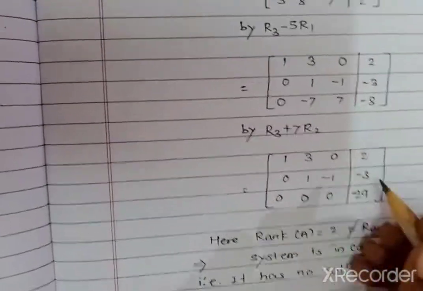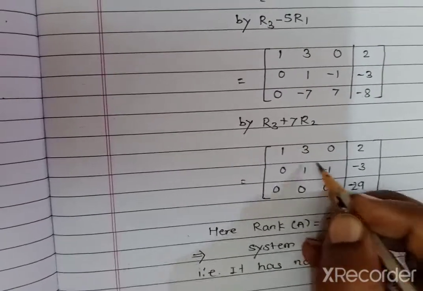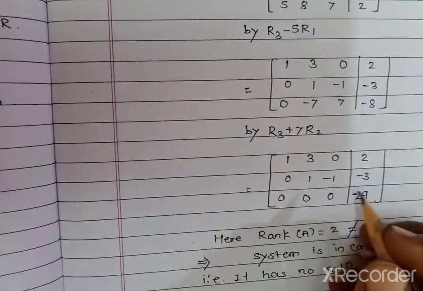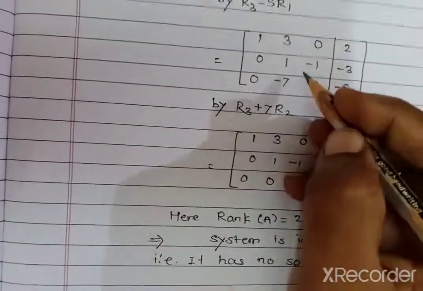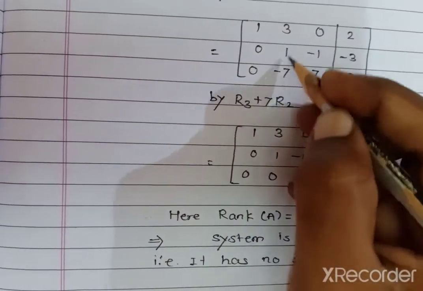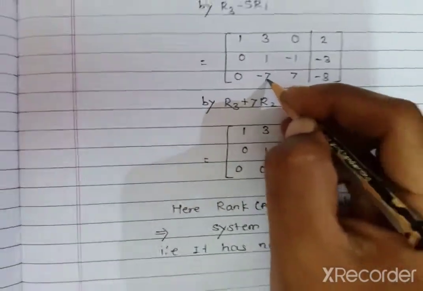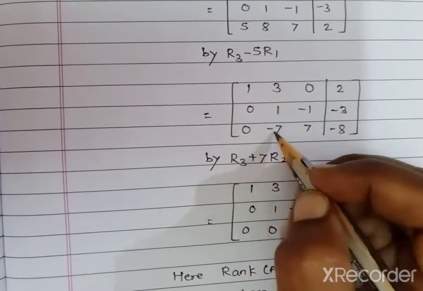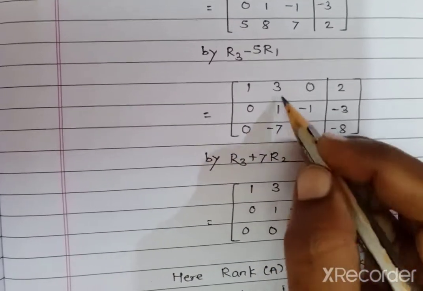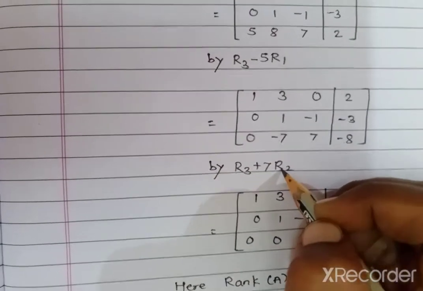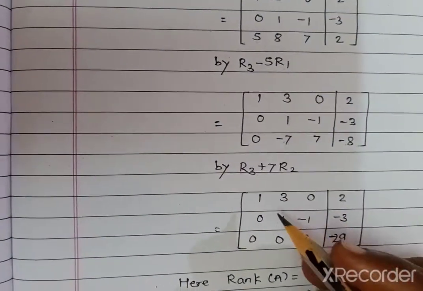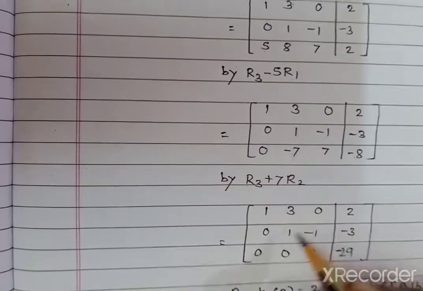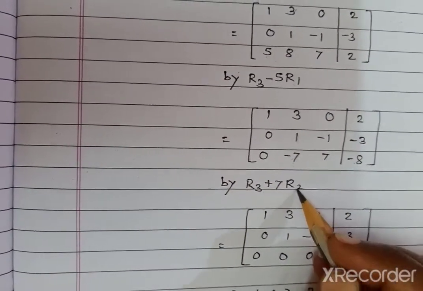Next, by using this second leading one, except in the first row and first column, this one is a leading one entry. By using this leading one entry, we have to make its bottom entry 0. For that, use the row operation. The change is in the third row, so write R3. Here is minus 7, so write plus 7 by using the second row, R2. First of all, we write the first and second rows as they are. So 7 into R2 plus R3.